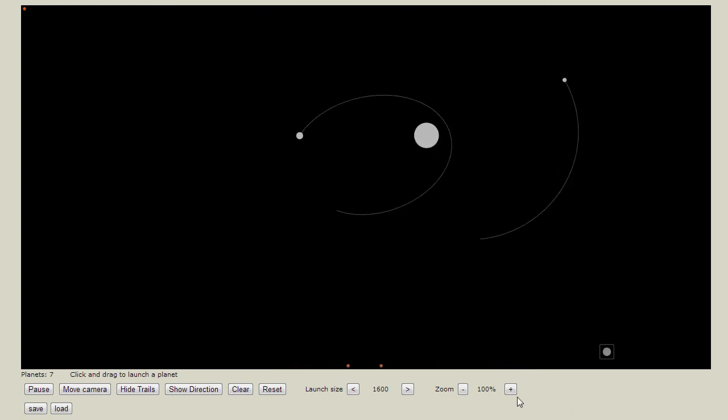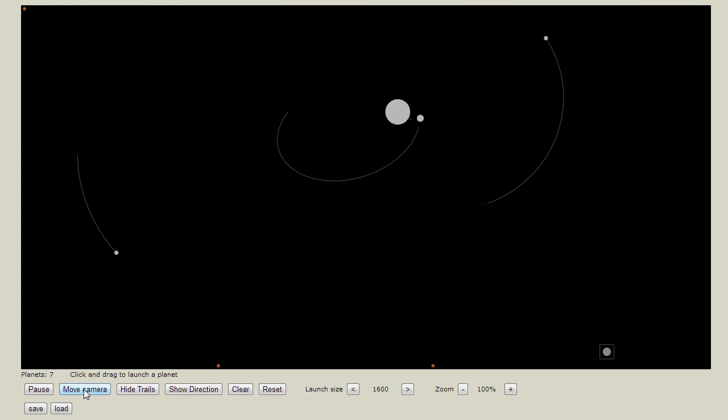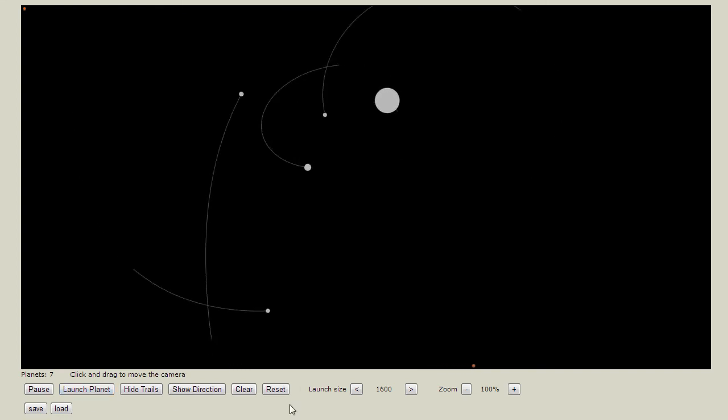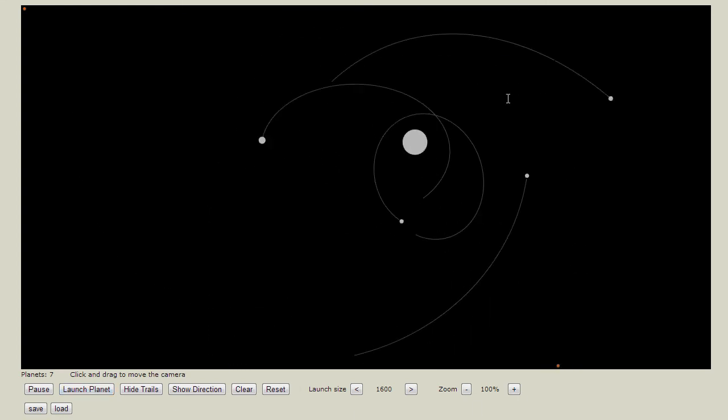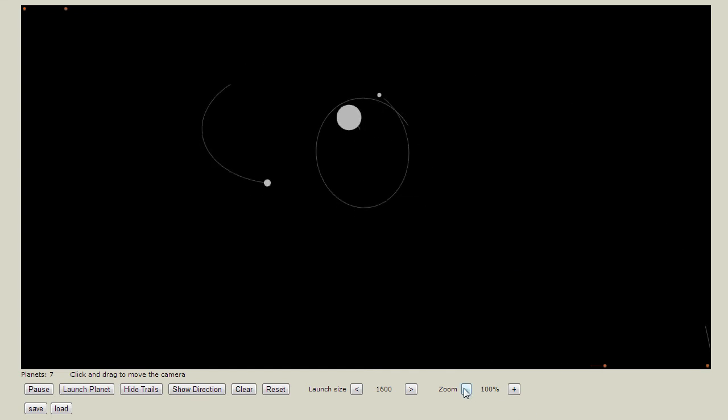Another useful feature, if your orbits are too big, you can't see them on the screen. Let's go back to move camera mode. You can either move the camera around, or if they're just too big to fit on the screen, you can zoom in and out. So let's go ahead and zoom out a little bit so we can see exactly what's going on. So now we can see a lot more that's going on,